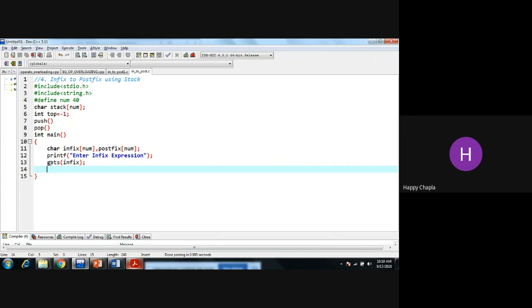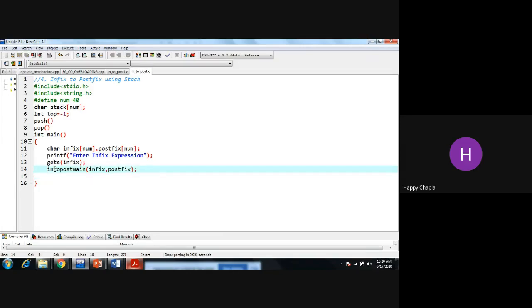For that I am using one function, named intopost, and in that function I'm passing the infix and postfix arrays at the time of calling the procedure.